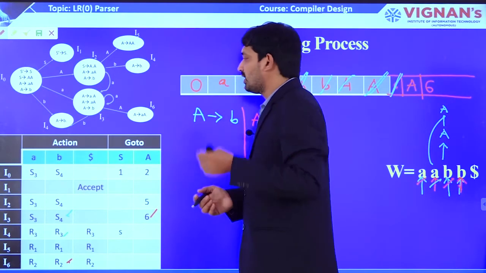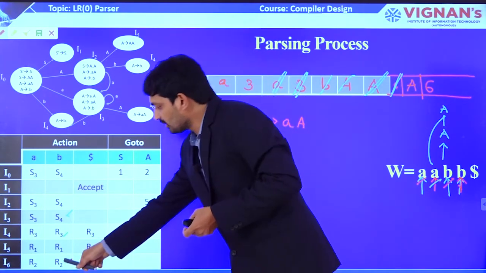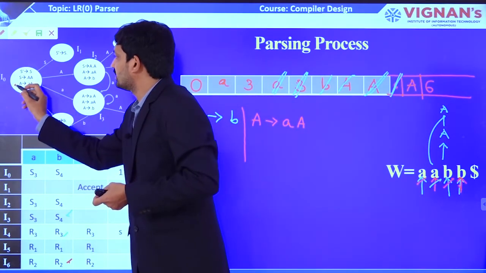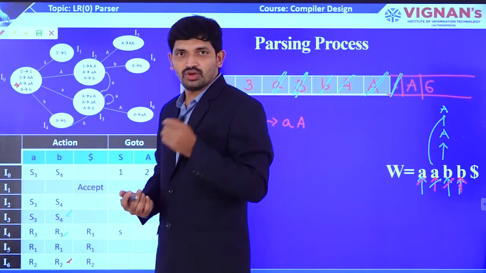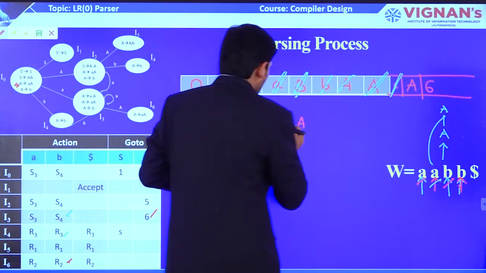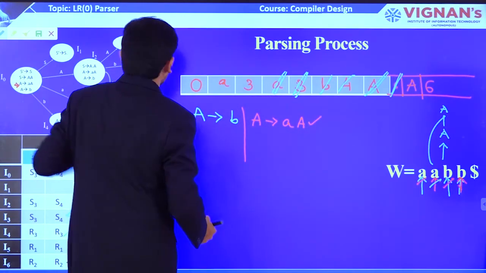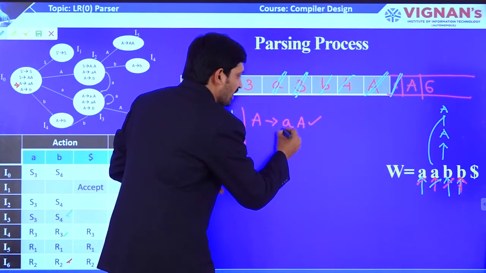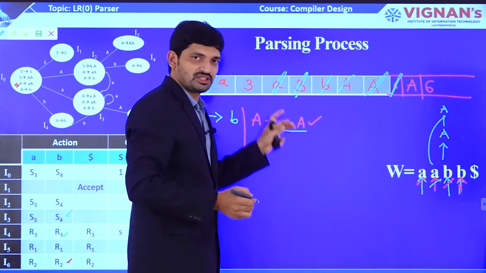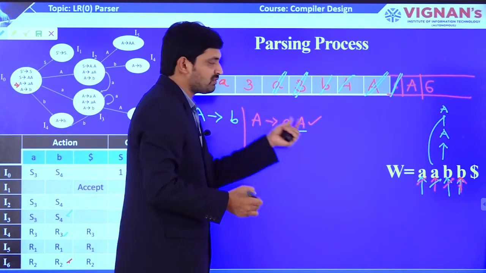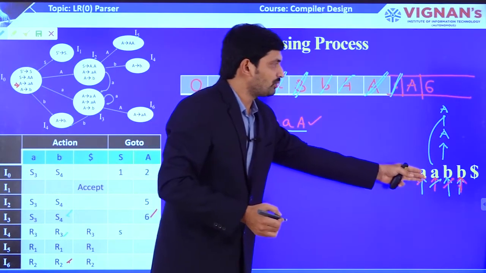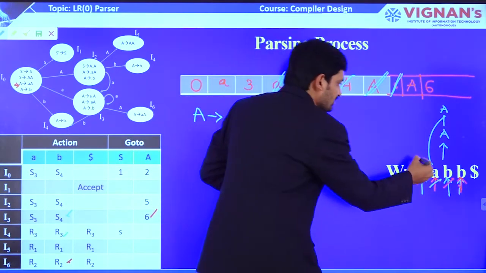Again, I have to perform the reduction operation depending upon production number 2 in the given grammar. So, A tends to AA is production number 2. So, again I have to use this production to perform the reduction operation. So, what do I have to do? I have to pop the 4 symbols from the stack and push capital A onto the stack and perform the reduction operation here as